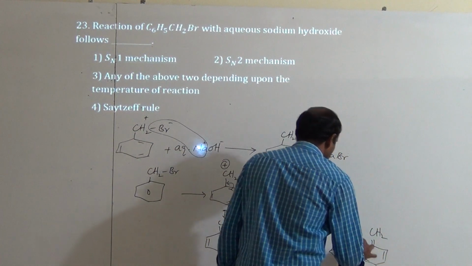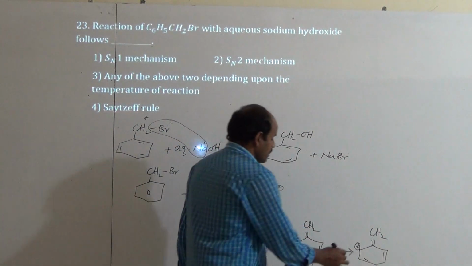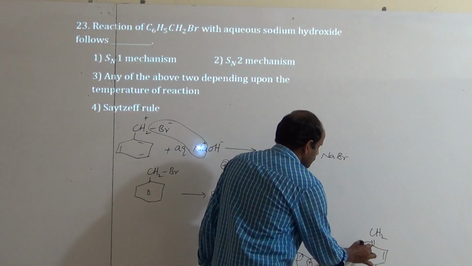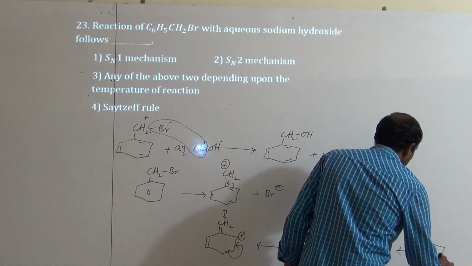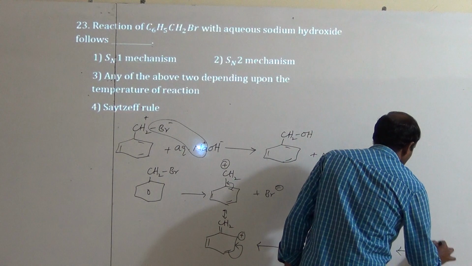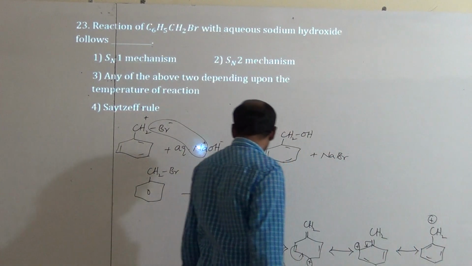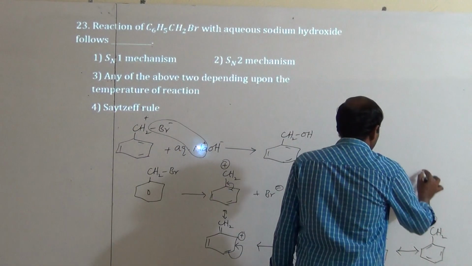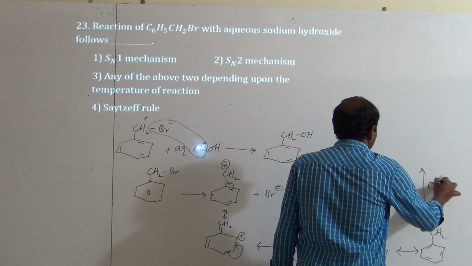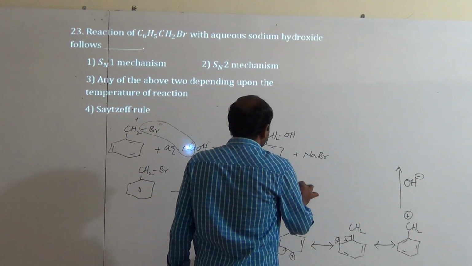This carbon lost the electrons, hence it gets a positive charge. Again if these pi electrons are shifted like this, then we get benzyl carbocation plus. Okay, after that